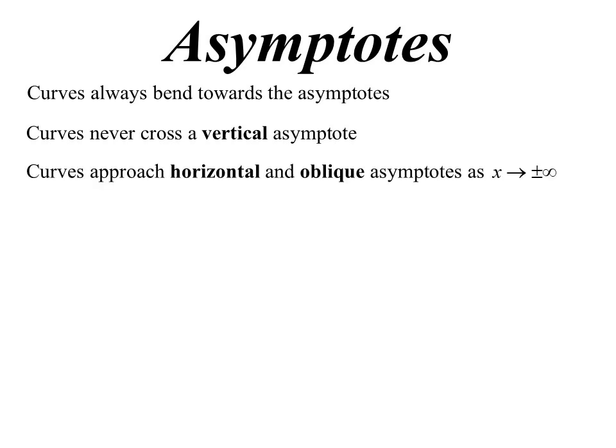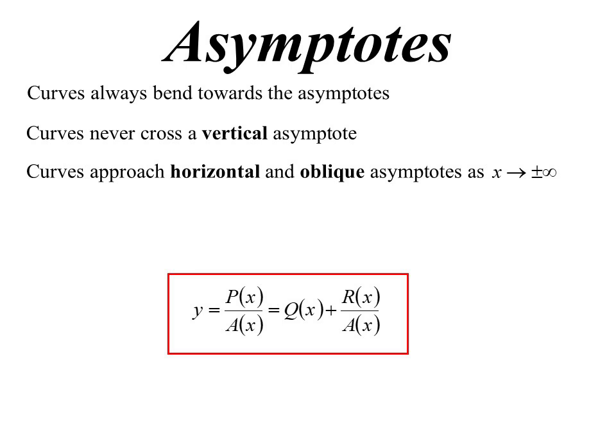However, it is possible to cut horizontal and oblique ones because that's telling us what happens out at the extremities. So when it's not out at the extremity, it's like the asymptote doesn't exist, so it can cut it if needed. When we're dealing with this sort of function, a rational function, we've got some polynomial divided by some other